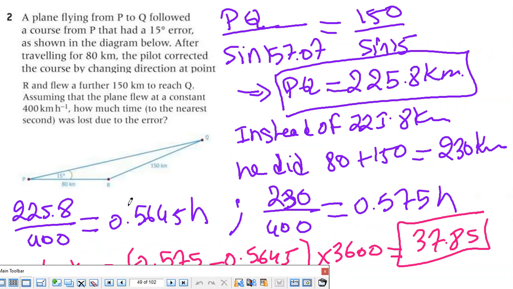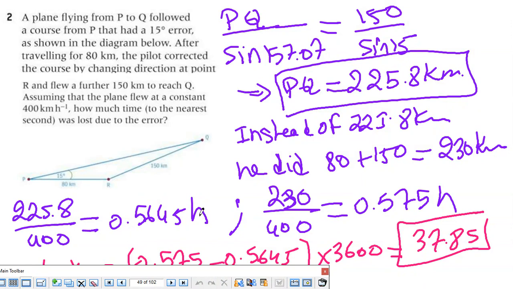So instead of doing 225.8 kilometers, what he did was 80 plus 150, so he did 230 kilometers. And they said here that he did this by following 400 kilometers per hour. So he did 225.8 over 400 kilometers. So it means it will take him to travel the real distance